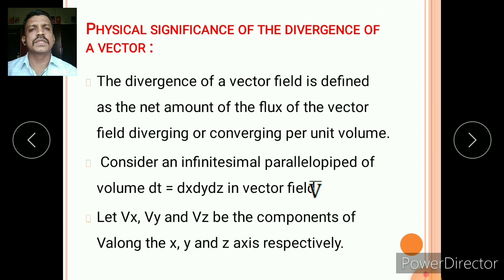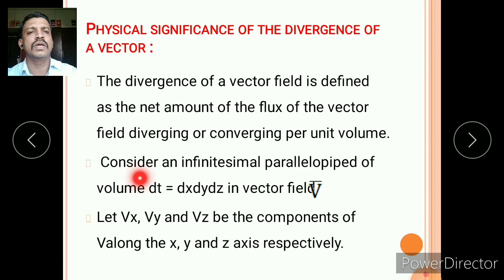Now next, the physical significance of the divergence of a vector. Now we see the physical significance of the divergence of a vector. The divergence of a vector field is defined as the amount of flux of the vector field diverging or converging per unit volume. Per unit volume, how the flux is converging or diverging, that is known as